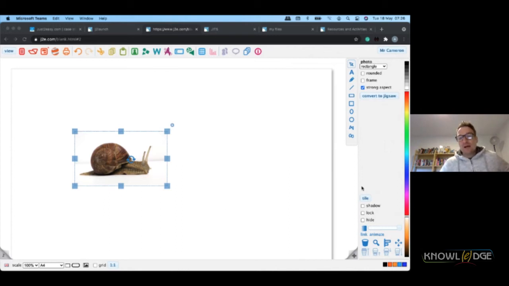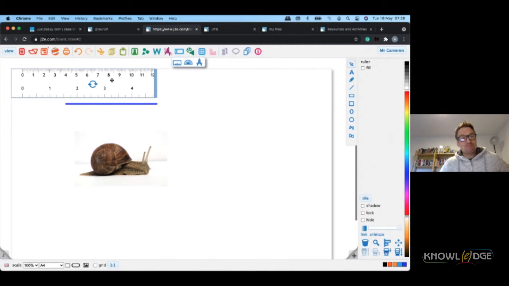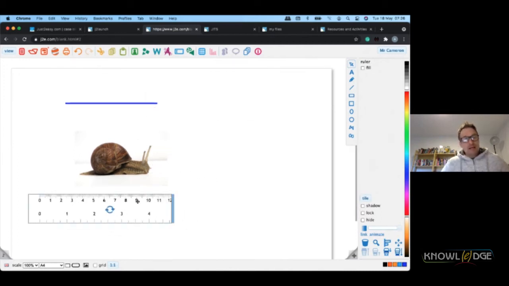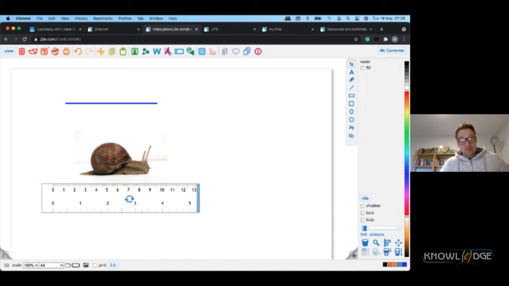With J2E5, you have the measuring tools built in, which will enable me to measure things. Now, I could simply just put some lines on the page and an opportunity for children to measure that, because let's introduce the measuring tools at the top of the page. I've got a ruler here and I can move the ruler around anywhere I want on the page. I can extend the ruler and move it, and I can rotate the ruler as well. So I can measure anything I want on the page.